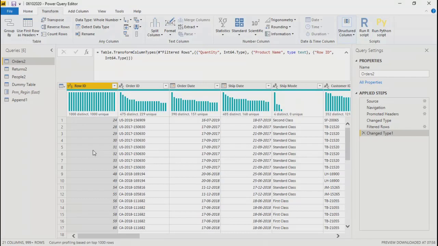Correct? So even if you use detect data type, it still becomes important to overlook your data, for fields like ID fields or row ID fields. They should not be numerical fields. They should always be either discrete or in a text format. Sorry, not distinct, discrete.